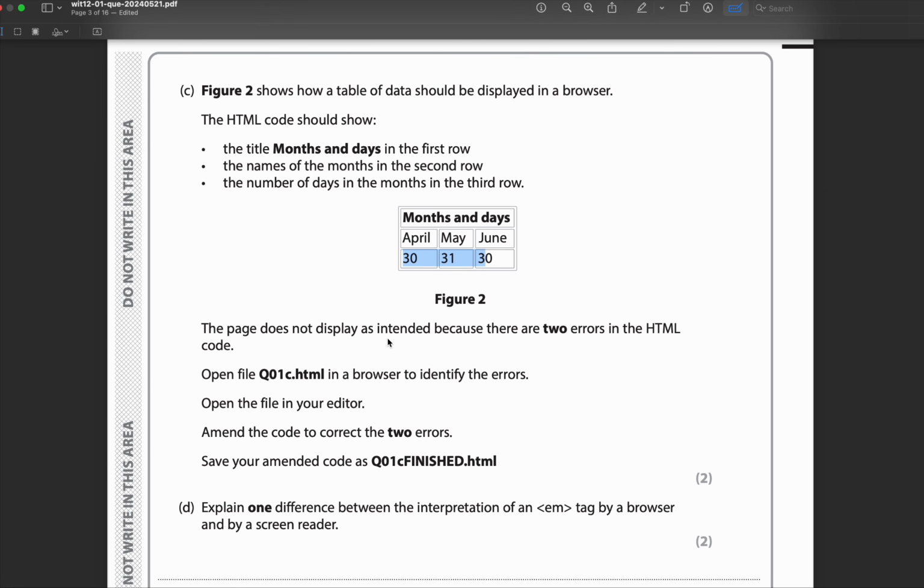The page does not display as intended because there are 2 errors in the HTML code. Open file question 1c.html in a browser to identify the errors. Open the file in your code editor, amend the code to correct the 2 errors. Save your amended code as question 1c finish.html. So when you get this type of question, they already ask you to find the 2 errors in the HTML code,